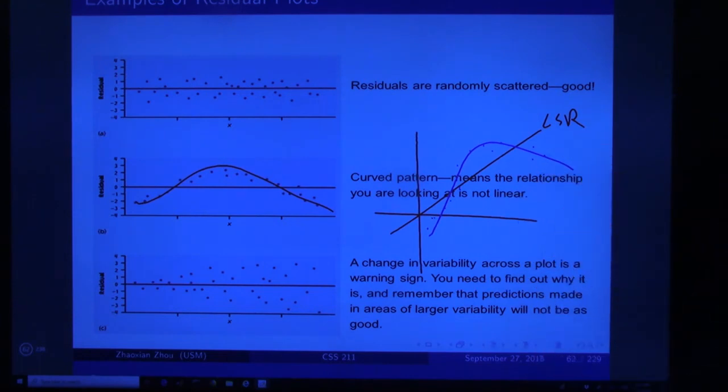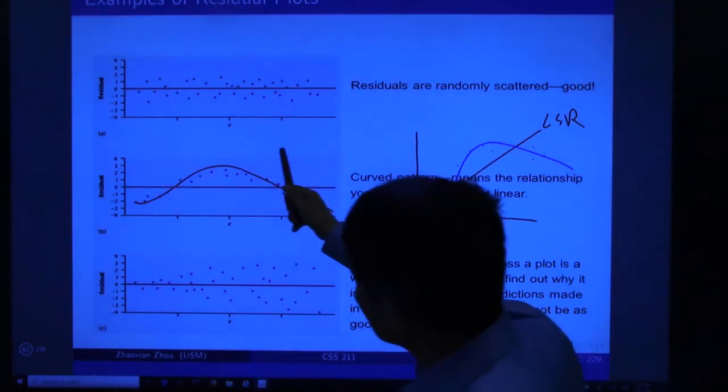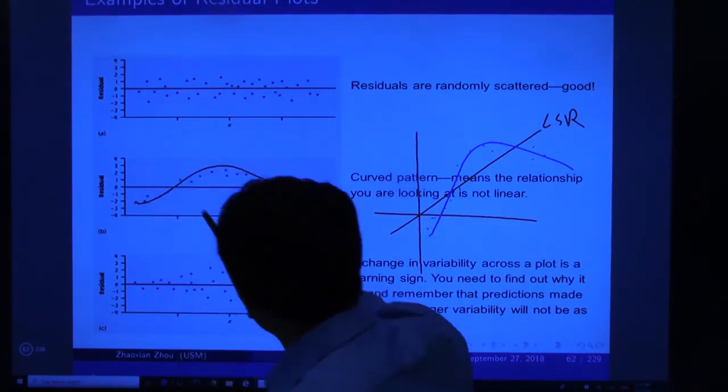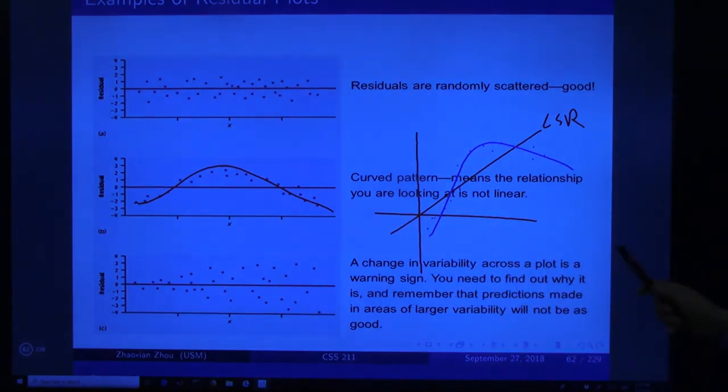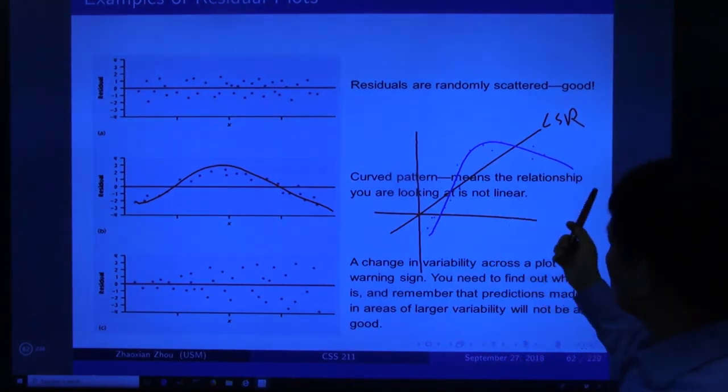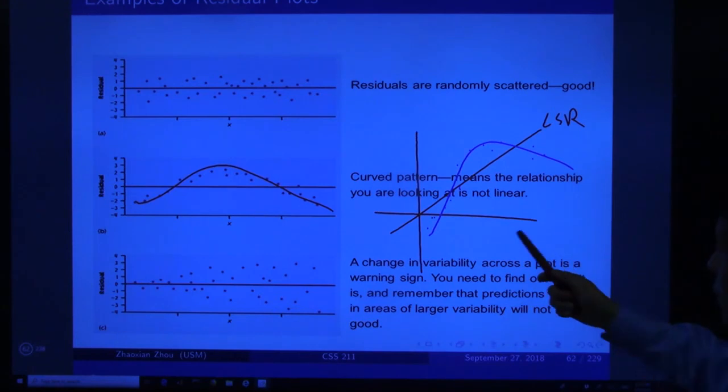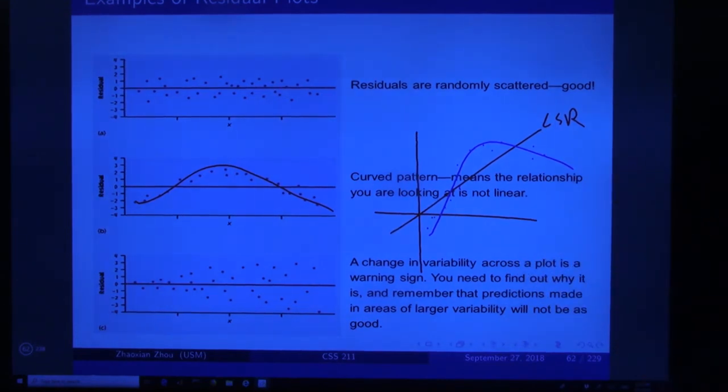It's not straight. If it's not straight, that's beyond the scope of our class, so we don't care. But anyway, from the residual plot, if the residual plot looks like this, then we know something is wrong. Most probably the relationship between x and y is not linear, it's curved. This one here,